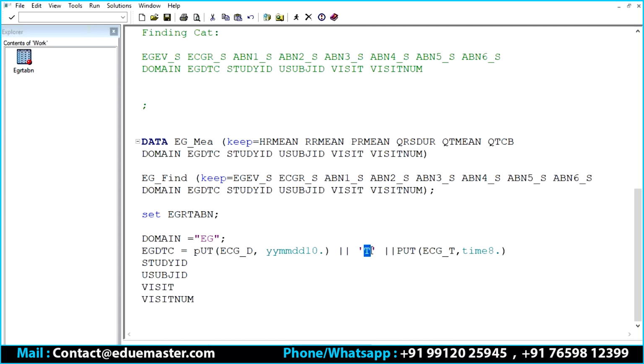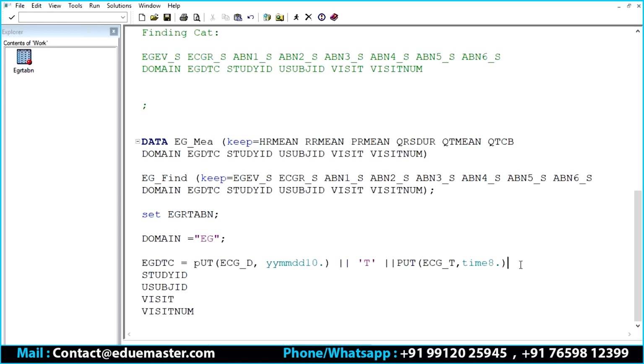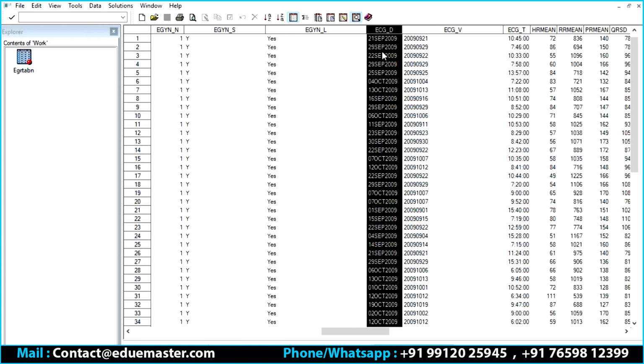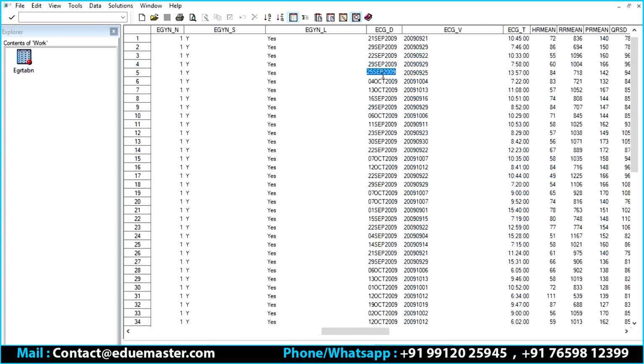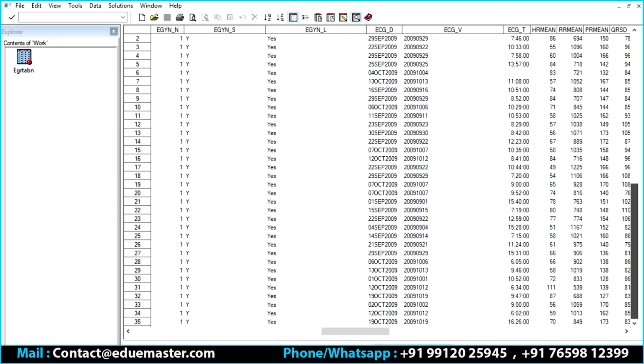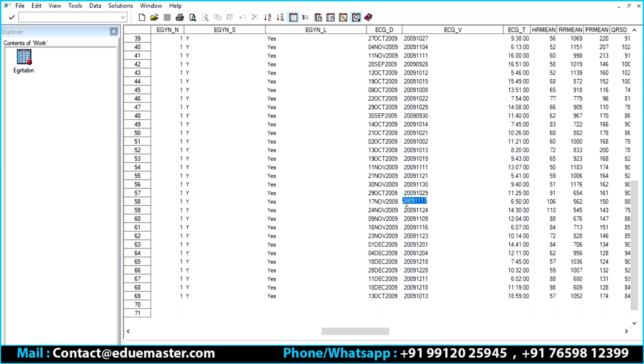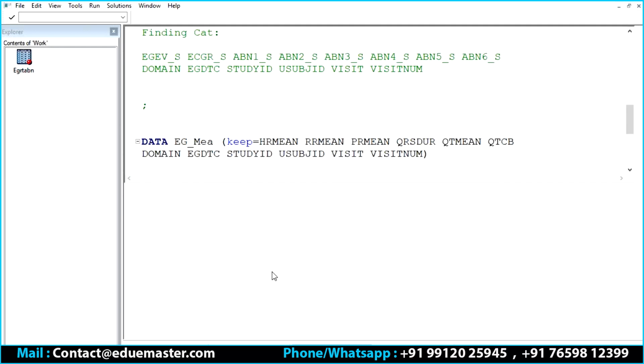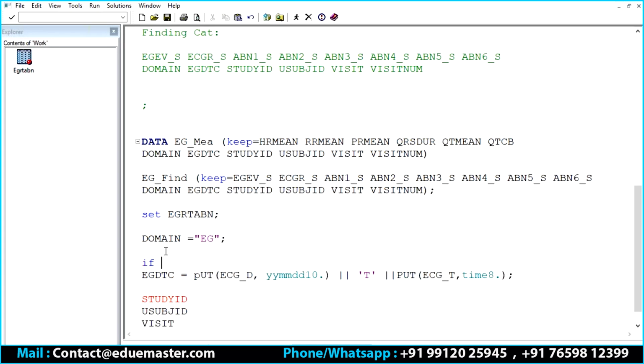Now till here this is correct, but you will get this date and time combination only when both ECGD and ECGT values are available, meaning both should be non-missing values. If any one value is missing, you will not get the date and time combination. So let us write that condition. If ECG underscore